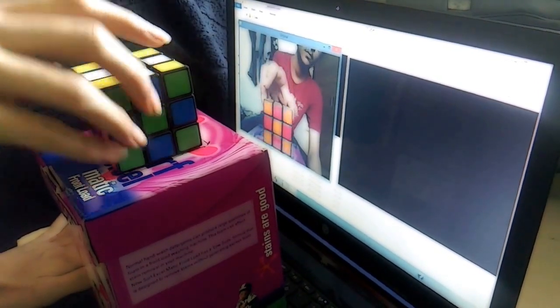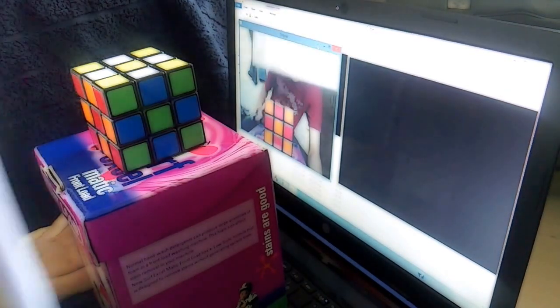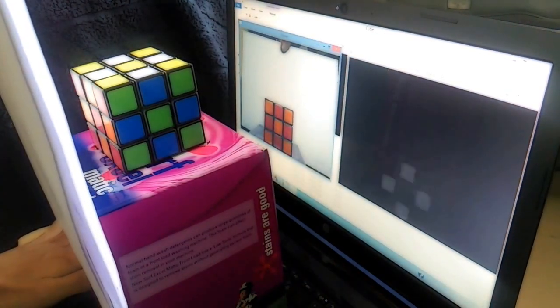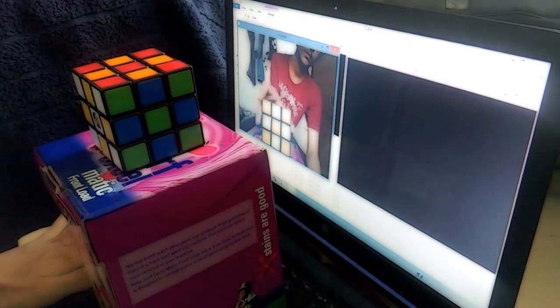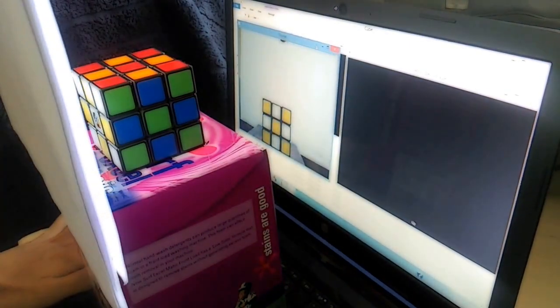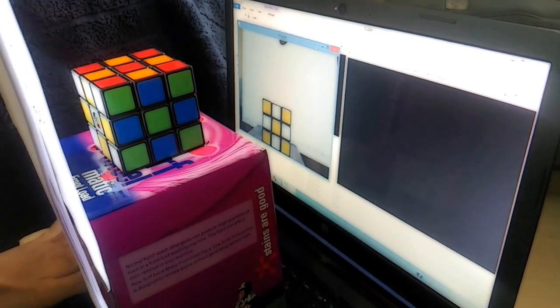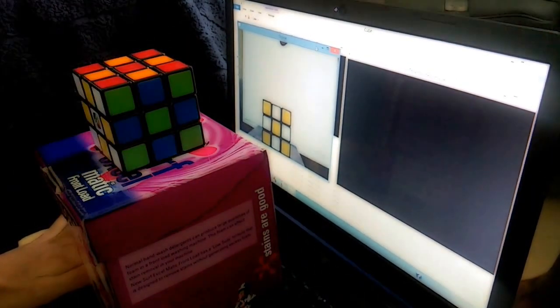So for us, up white always remains up, front always remains right. And what we have tried to ensure is that each color becomes associated with the face that it actually is from, and that is a representation that we have based our entire model upon.